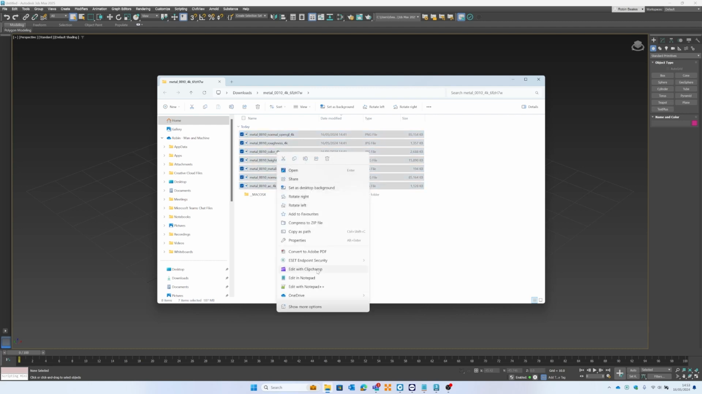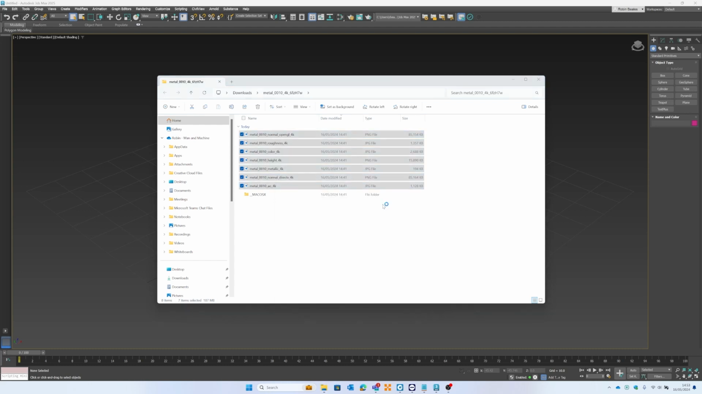So all of these different images, if I just open them up inside of Photos, we have a color map. Our color map is going to tell Max what color we want the objects with this texture to be displayed. And as you expect, it looks like galvanized steel. And then we have